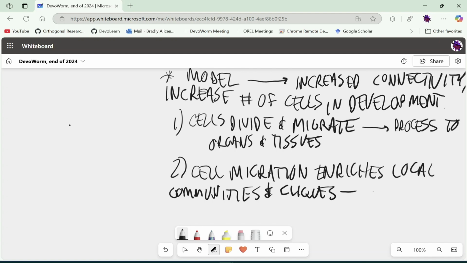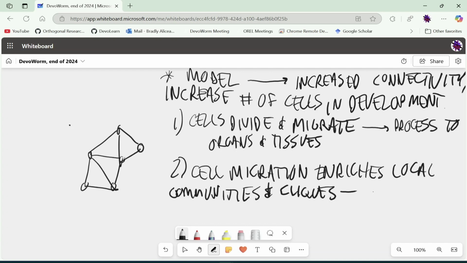So what I mean by that is that we have these structures in networks, these little communities that are sort of connected things. Sometimes we do community detection and we do the algorithms for that. Sometimes we have cliques that are very densely connected groups of cells, and we can also look for cliques using algorithms. But we can actually, in this case, connect developmental biology and network science by defining these sort of